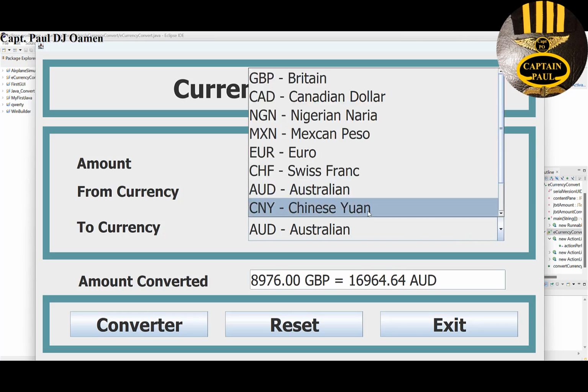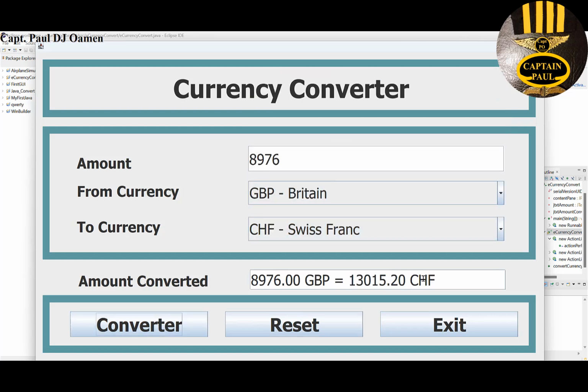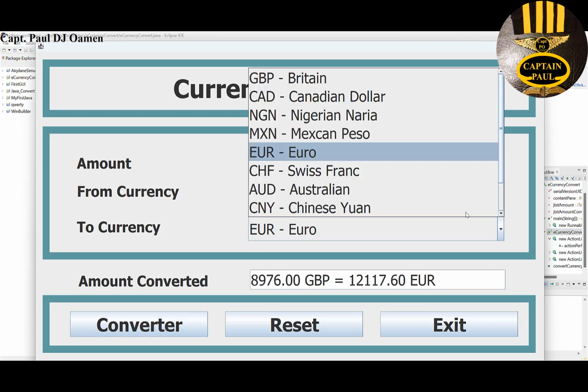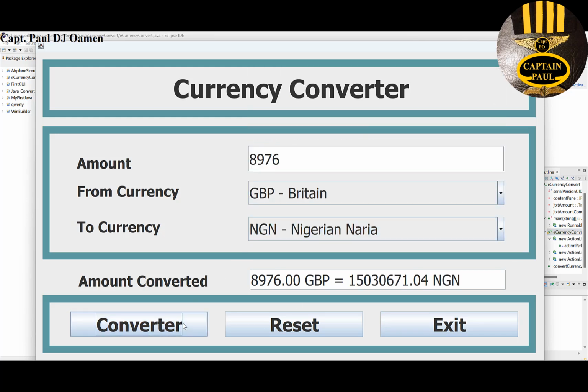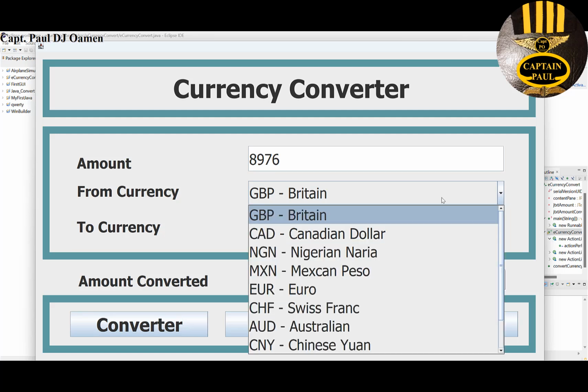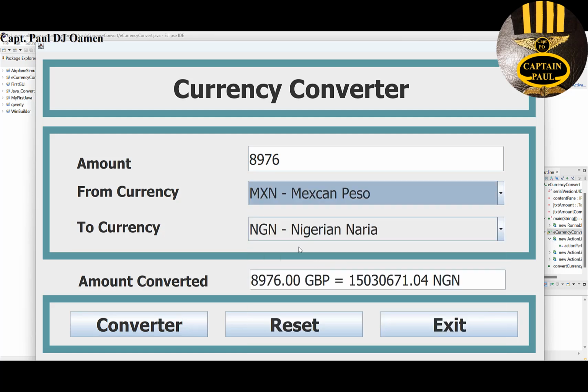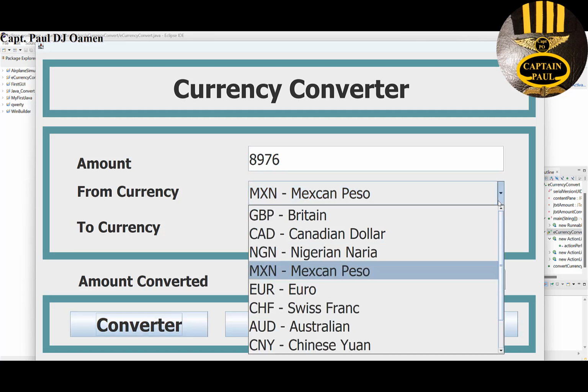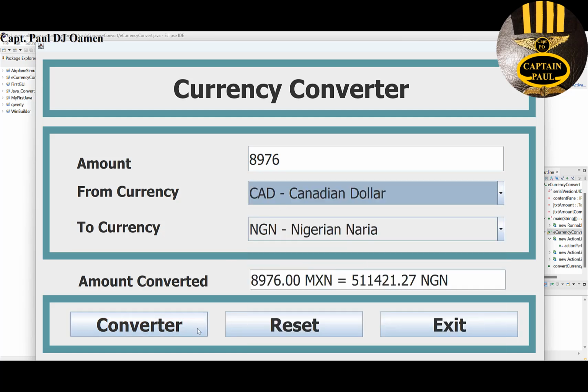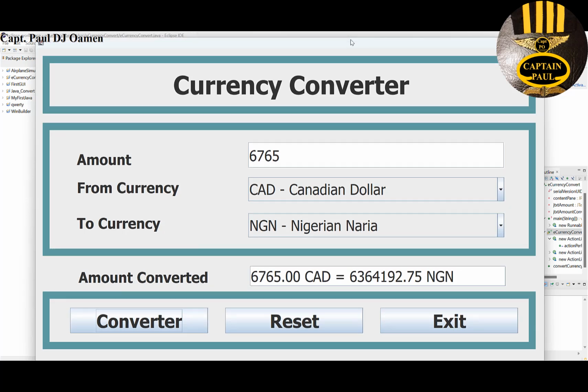Okay, let's change that to China, Swiss. Let's try Europe, and let's try Nigeria. Okay, let's try Mexico, Canada. There, and change the sum. There we go. So guys, you see, that is how you create your own currency converter